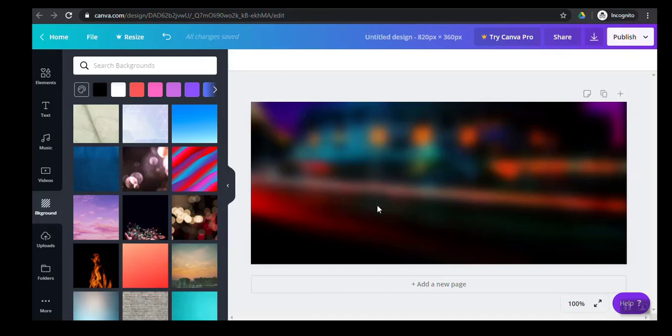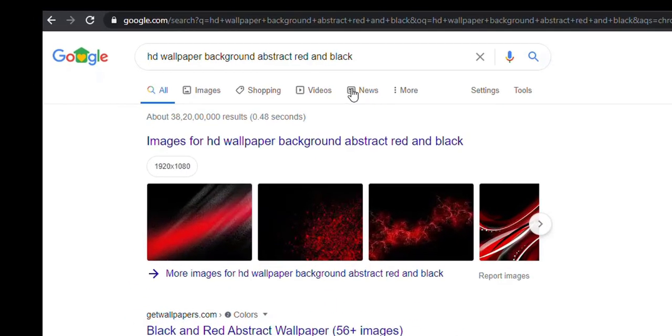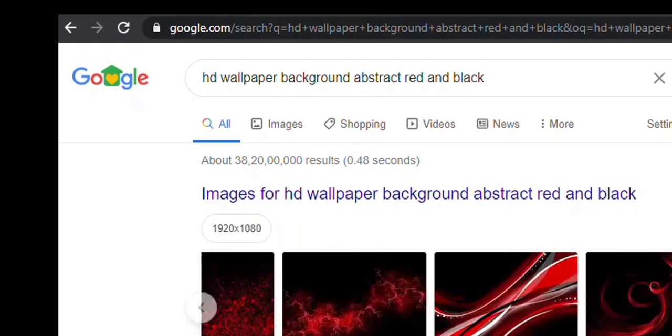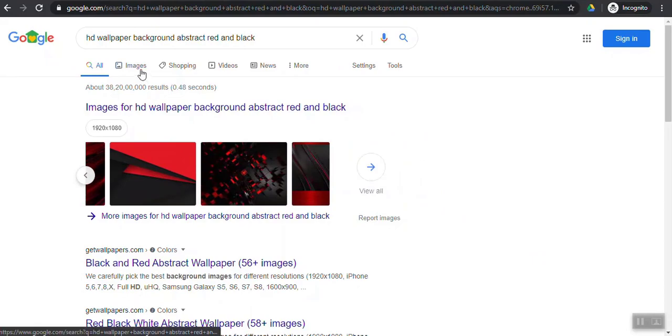But if you are like me and want some more options besides this, just go to Google and search for HD wallpaper, say background abstract red and black. See if you like anything.